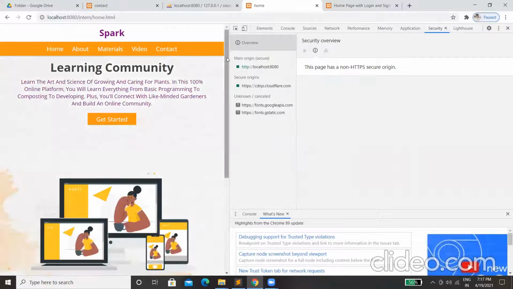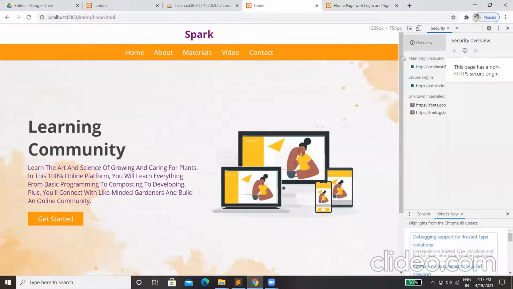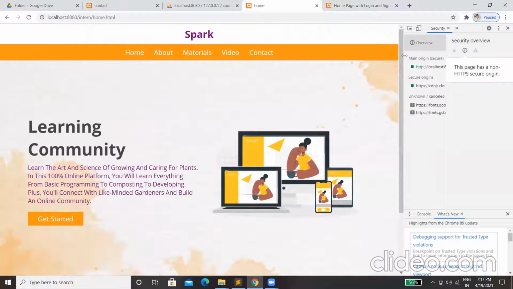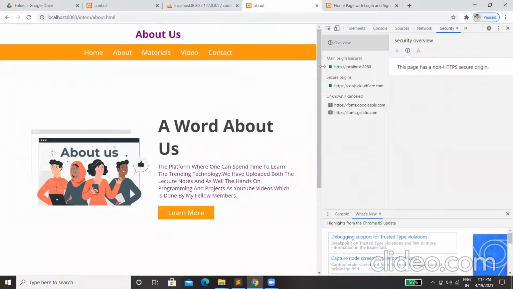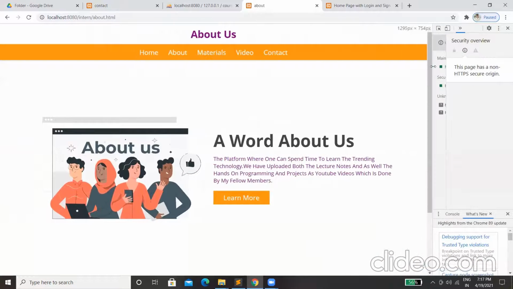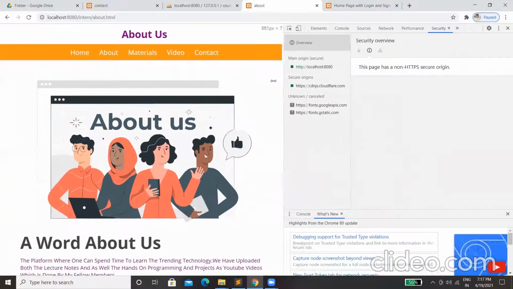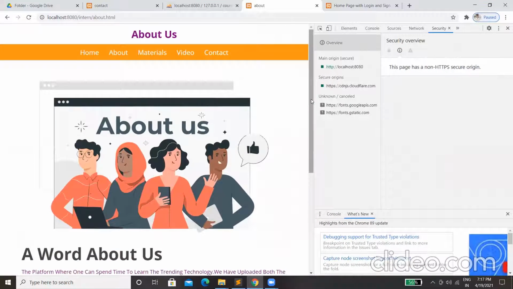Even the home page, the content is aligned to the screen of the display. Even the about page. The content is aligned onto the display screen according to the dimensions of the device screen. This is called a responsive website.